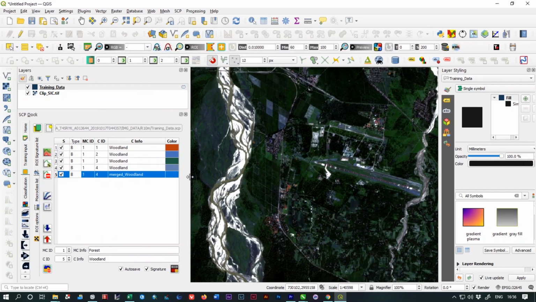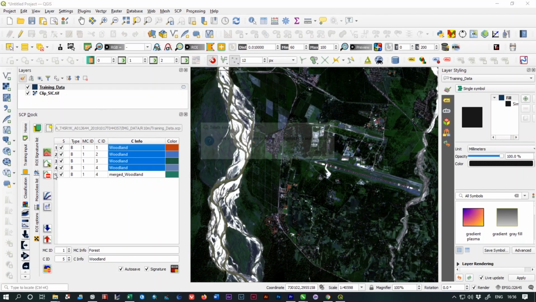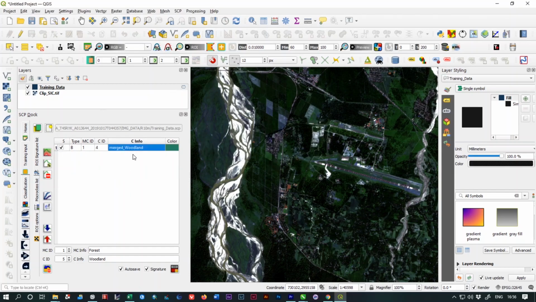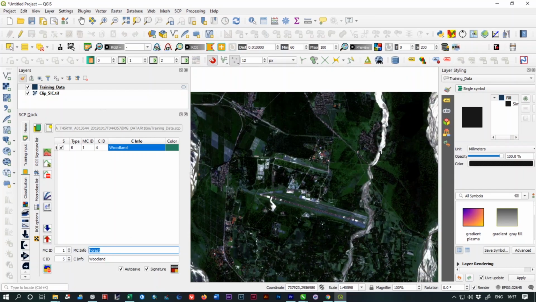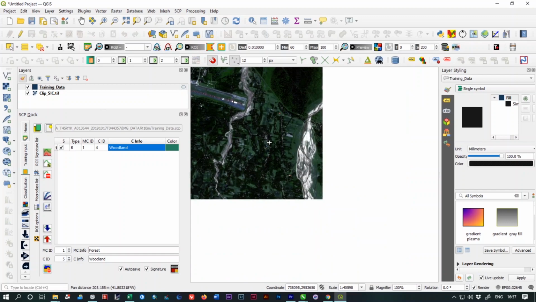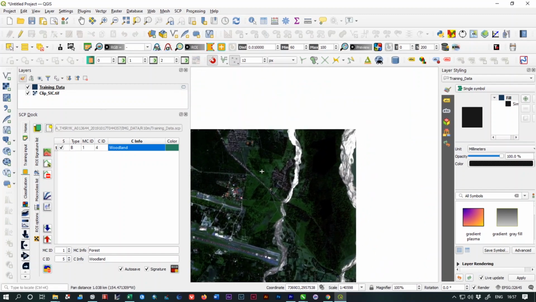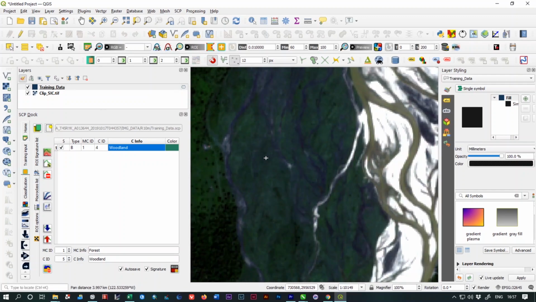As you can see, it will create a new layer which is merged woodland, and I have to delete all the unmerged layers and rename the file as woodland. And now we have to select another area.